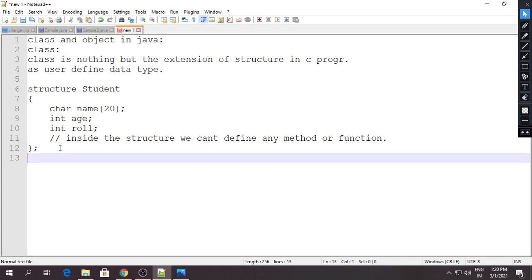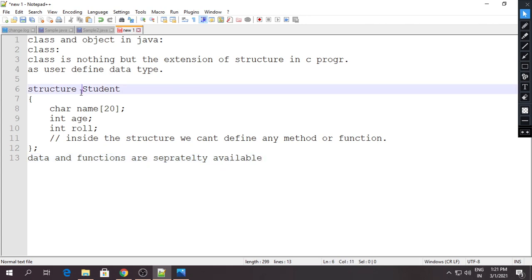That means the actual data and the functions are separately available. Observe, here you created a structure student, and inside it you define a character array name, then an integer, and then roll number.